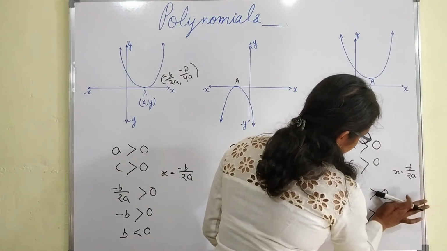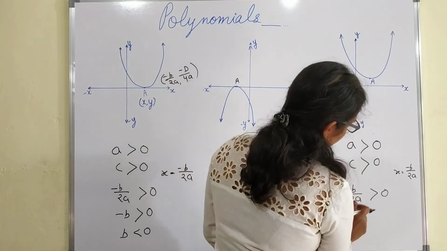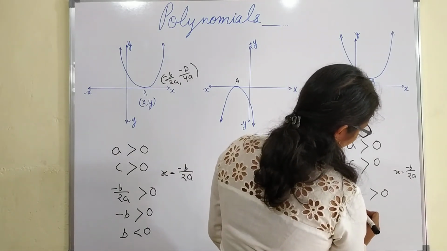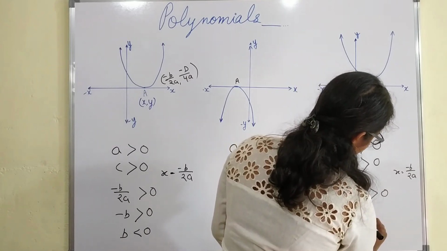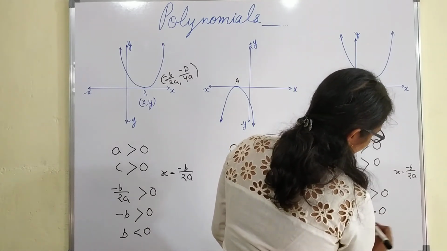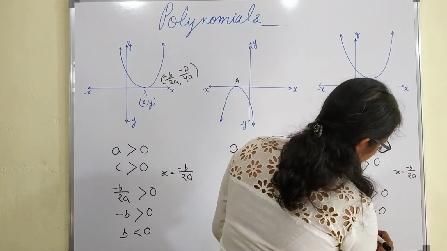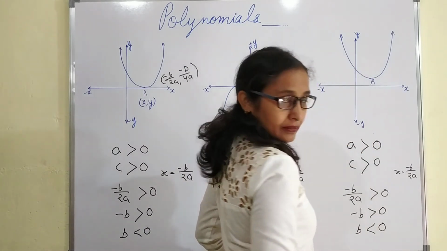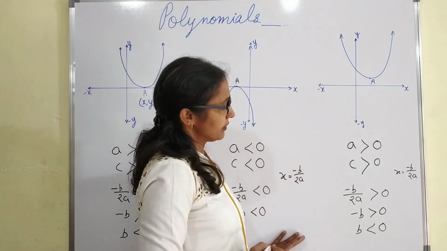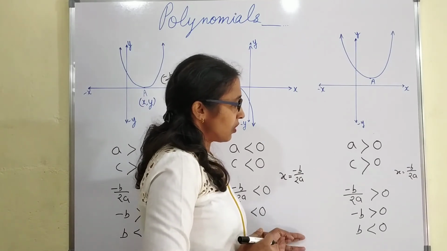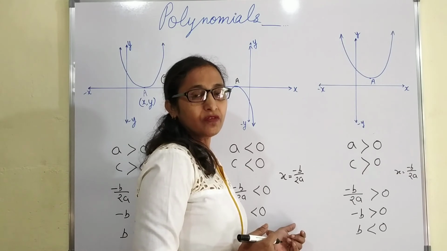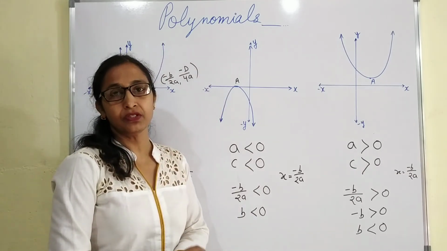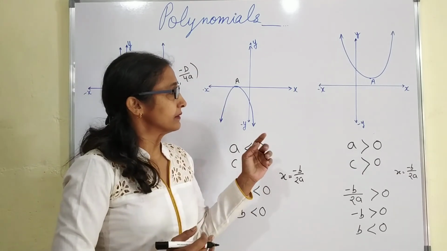Sorry, value of a is positive. It will become 0 when it is transposed, so value of b is smaller than 0. Okay. Now we will solve more examples of quadratic equations which will show the relation between zeros and